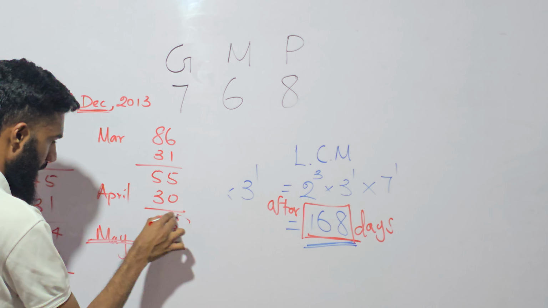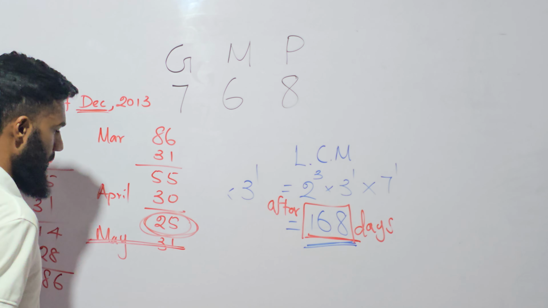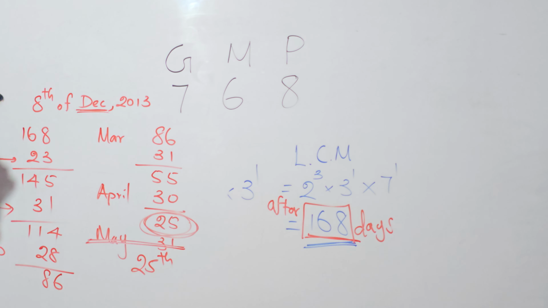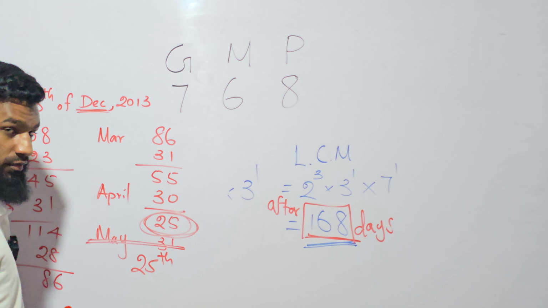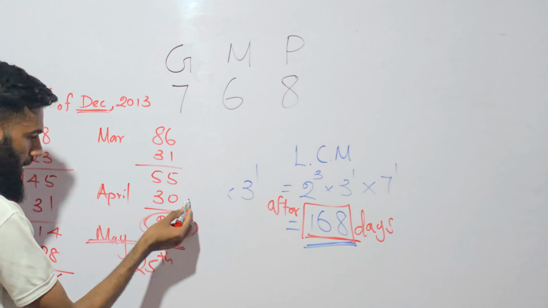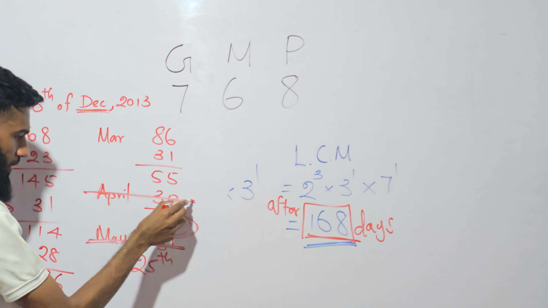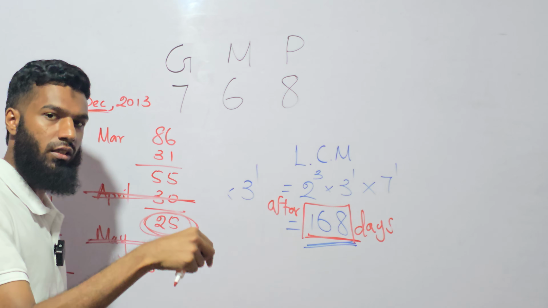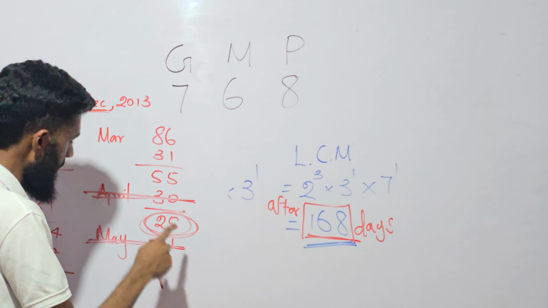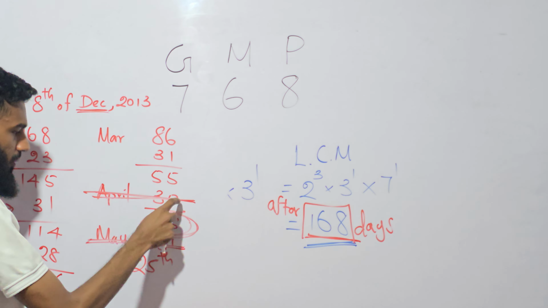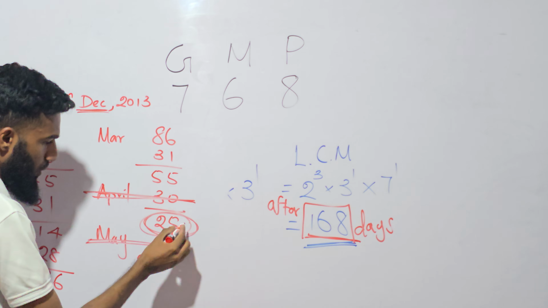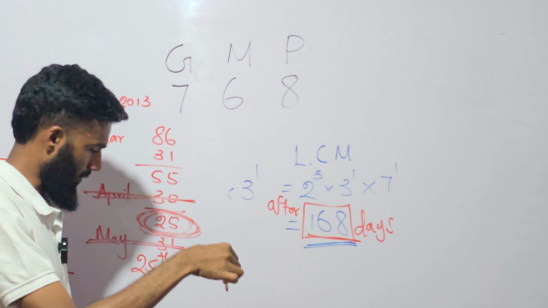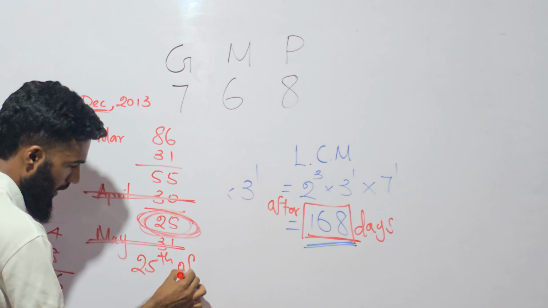So this is the date. What is the date? The 25th of May. We subtracted all 30 days of April, so the days in April are finished. Now we remain with 25, in the month of May. So the 25th of May